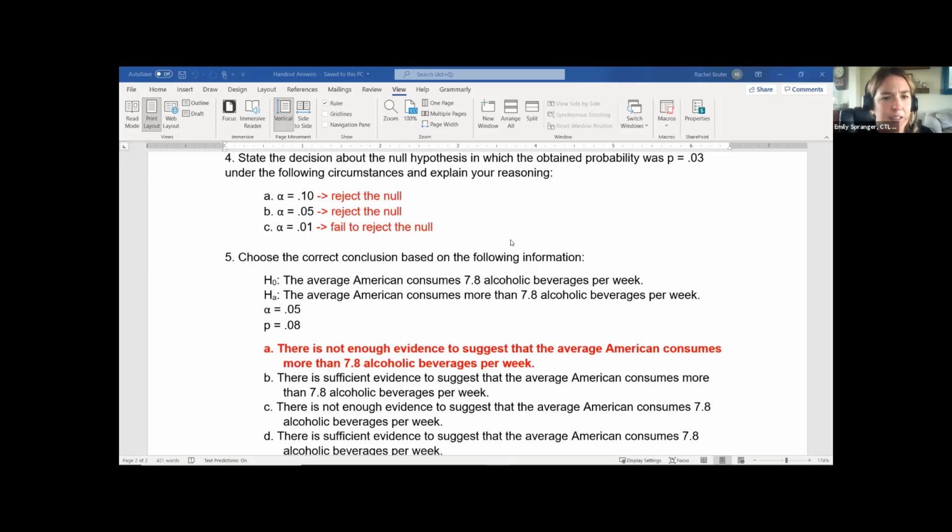Let me see. When explaining the conclusion in layman terms, should we state a confidence level? It's a really good question. It's not required. It can be helpful, but if you present the p-value, then you kind of already have yourself covered. So without going into too much detail, depending on how you've set your alpha, and depending on if you